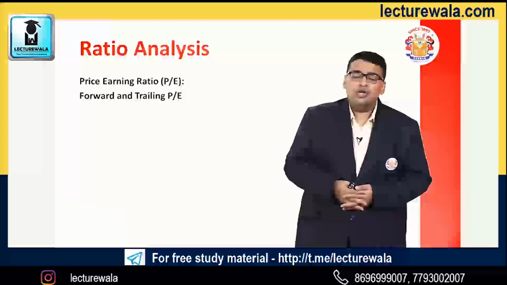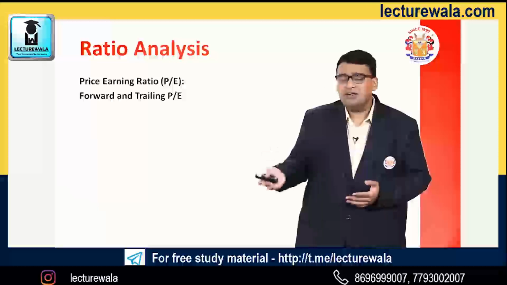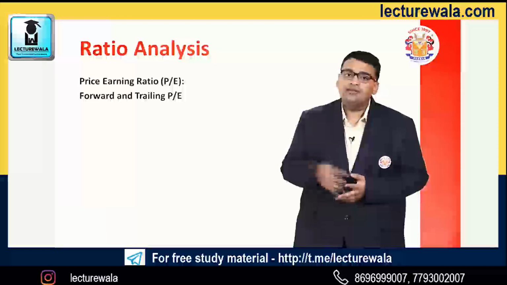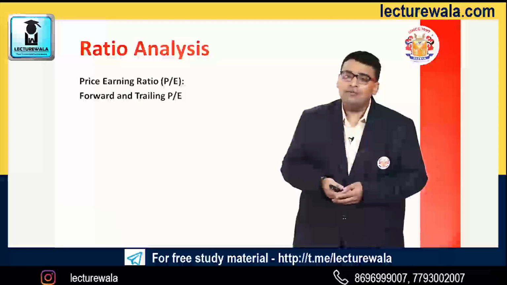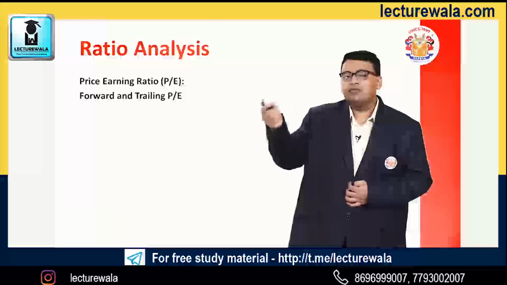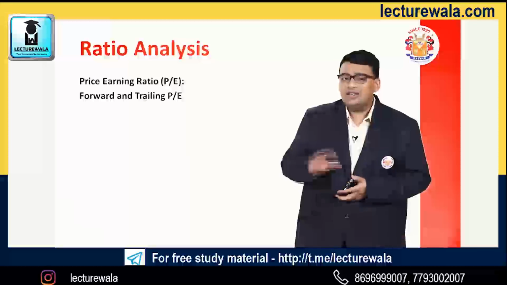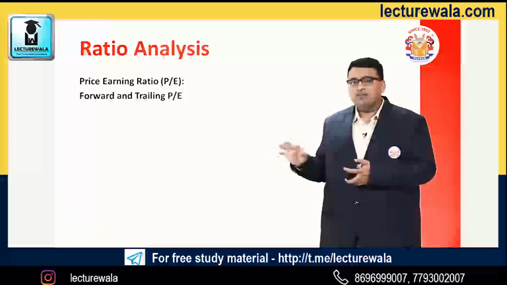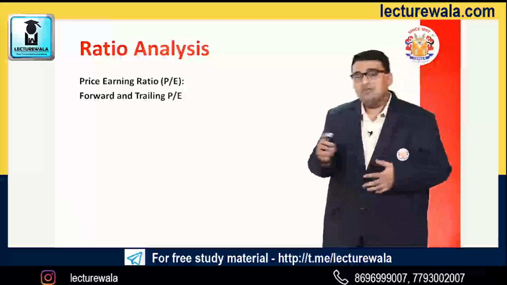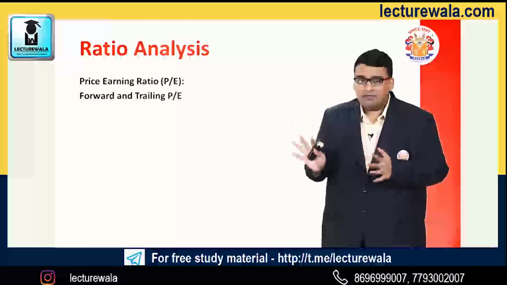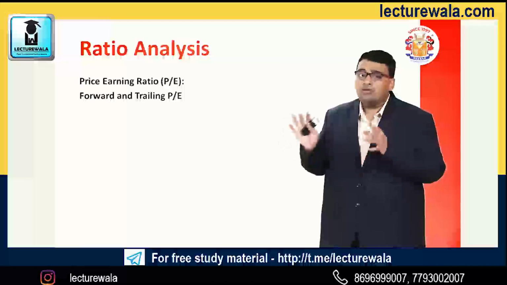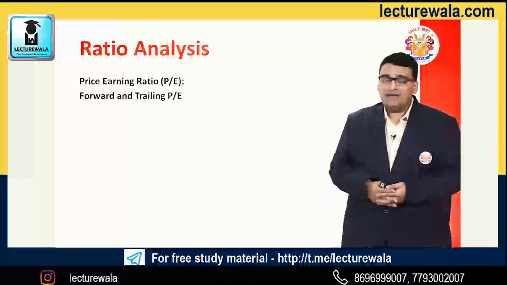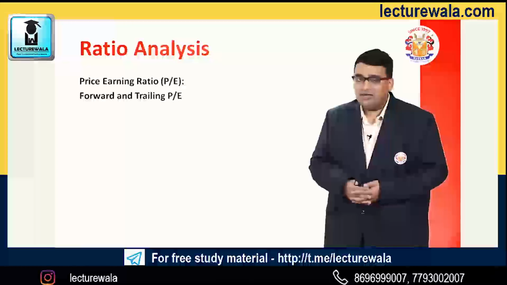So this can be shown through various projects which are being sanctioned to the company by the government, or any appreciation or any such development that shows a positive sign for the company. The investors are getting a hint that in the coming future, due to such reasons, the company is going to make a particular type of investment and get a particular type of growth. Due to growth, EPS will increase, and due to EPS, PE ratio will increase, and that is the reason it has been shown as a forward and trailing PE.